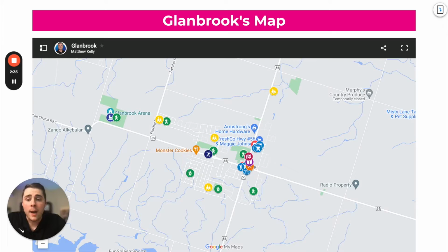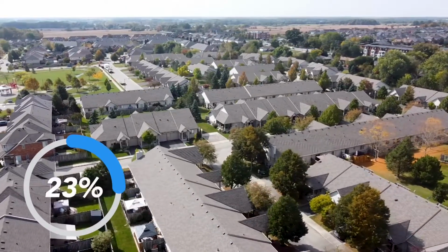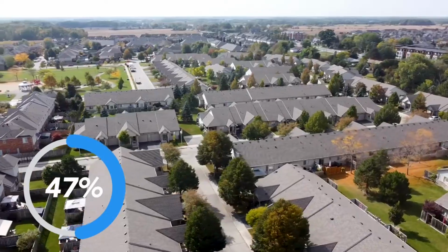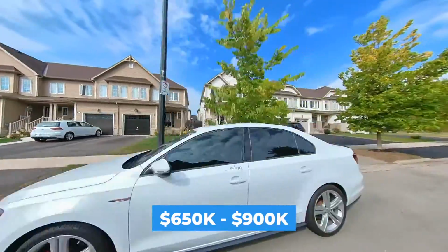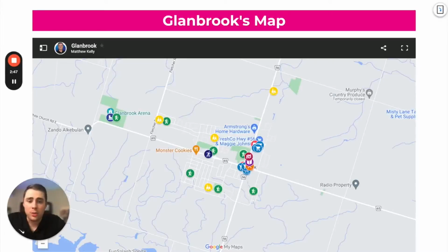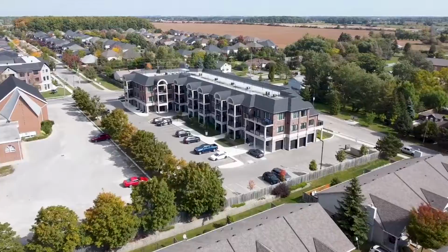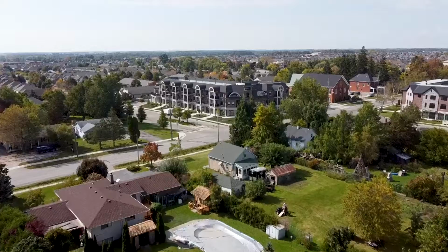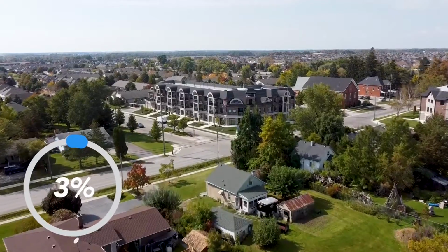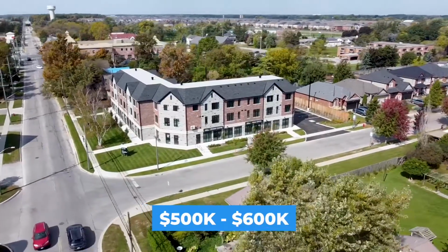But the other amount of real estate you're going to be finding here primarily is going to be townhomes, as this made up 47% of the real estate sold, and typically sold between $650,000 and $900,000. Then throughout Binbrook, you will find a few condo options to choose from. However, they're going to be more low-rise options with a limited inventory selection, as this only made up 3% of the real estate sales in Binbrook and sold typically between $500,000 and